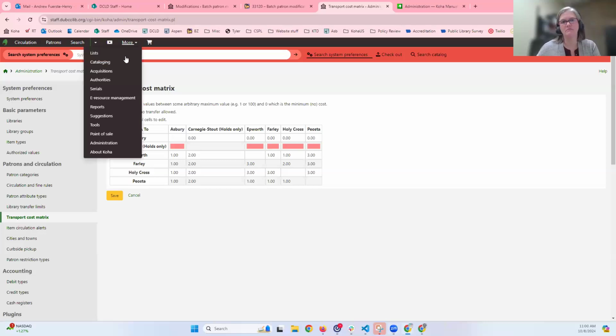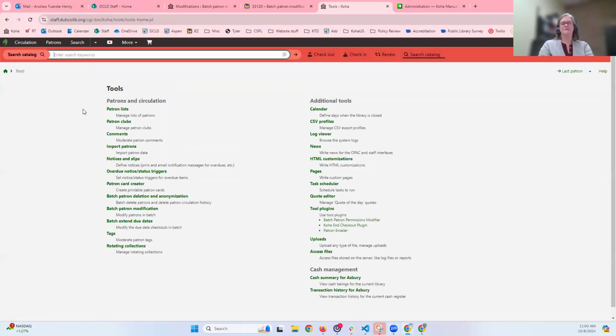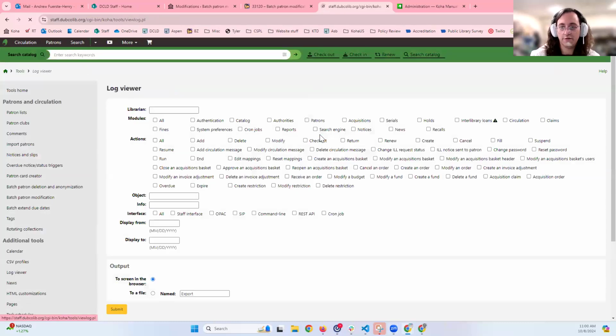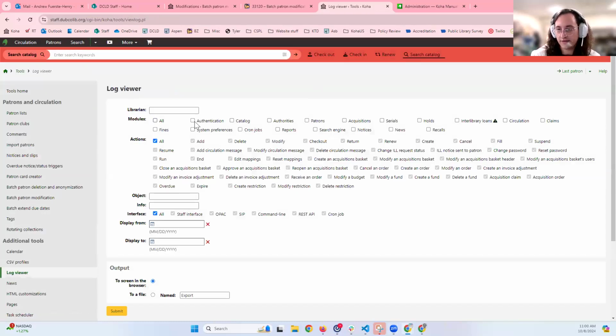The difference is between when your staff go and look at the list versus the script that creates the list. Those action logs are here in tools under the log viewer. If I say, show me cron jobs from yesterday,